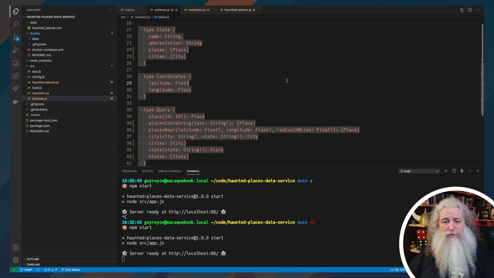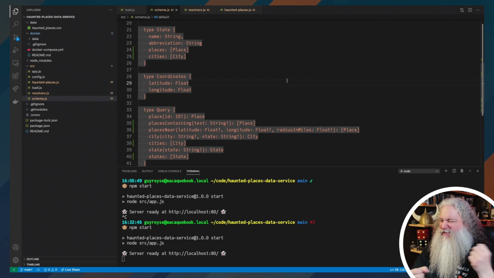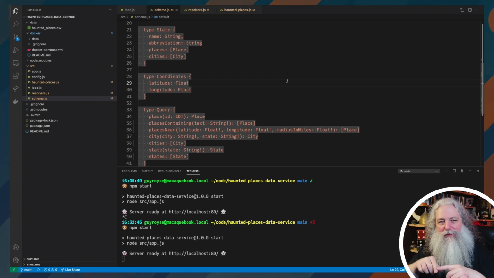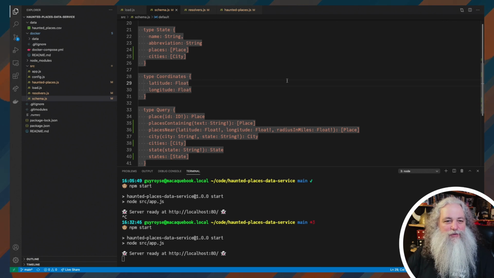But this gives us sort of a full graph to operate as. So, we can get cities, we can get states, we can get individual city, we can get individual state. And once we have those things, we can walk our object graph around, because our places have a state and states have multiple places. Our cities have multiple places, our cities have a state, our states have multiple cities. And so there's a graph here that we can walk around. And this really makes that graph complete. This is why it's called GraphQL, because it lets us walk that object graph. So I'm going to go ahead and add those capabilities. But until then,